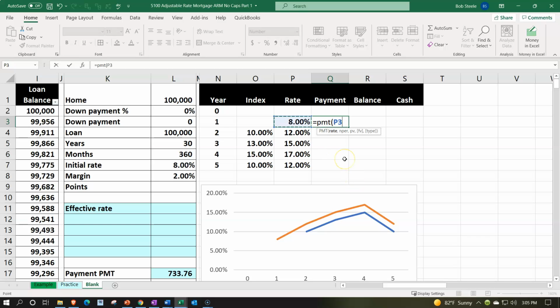The rate is going to be that 8%. That's a yearly rate because we always work in yearly rates. So I'm going to divide it by 12 because we're actually doing months here, comma, the number of periods. Now, this is where the kind of tricky thing is. I'm going to put brackets. Instead of just saying 360 periods, I'm going to try to take it in terms of years, which is 30